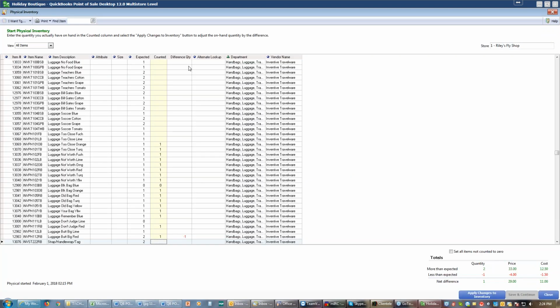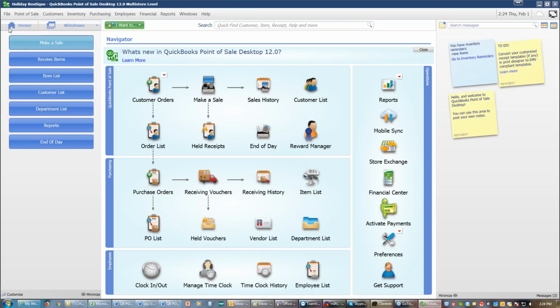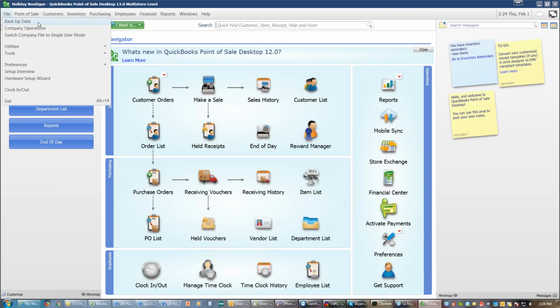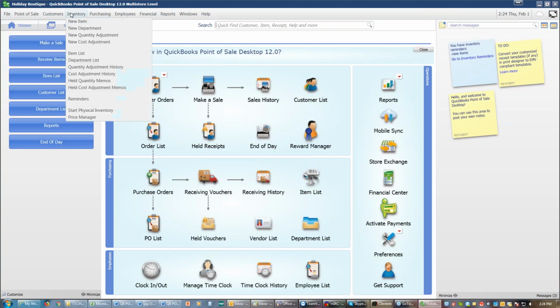You can close out of that. That'll put you back in the inventory. I would again do a save and continue, close out, go back up to file, back up your data, then return to your physical inventory,